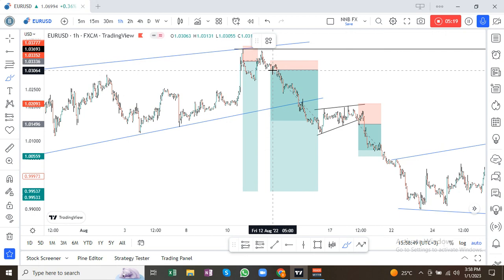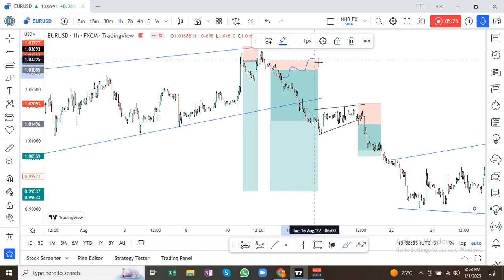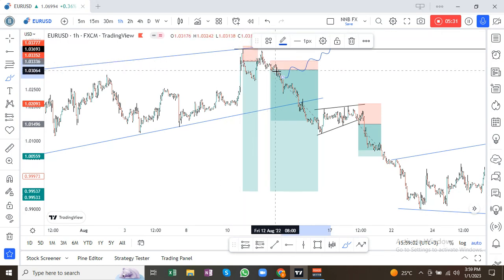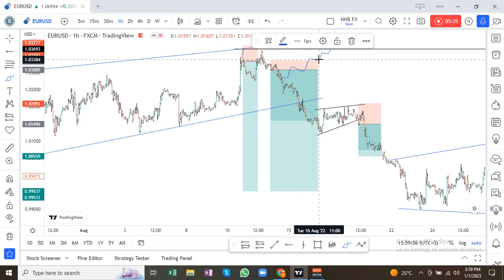Like for this one, I did not enter this trade because I knew the market could just come down a little and then go back up and stop me. And I normally risk 1%, so I would have lost 2% instead of 1%. That's why I didn't enter this one. But for this one,